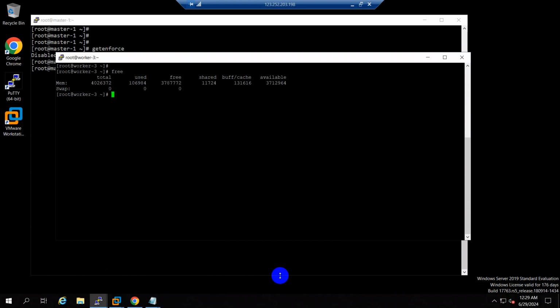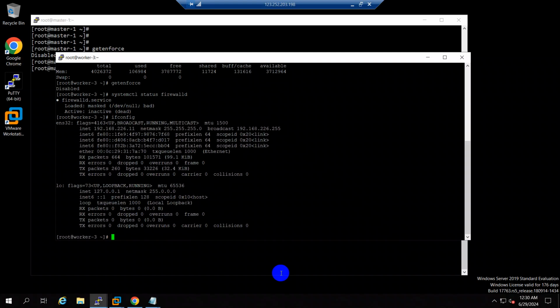My swap space is disabled. I would like to check getenforce over here. You can see it is also disabled. That means I have successfully modified that particular file. Then I would like to check systemctl status firewalld. You would be able to see that the firewall is turned off. Okay. After that, if I would like to check ifconfig, I do have a